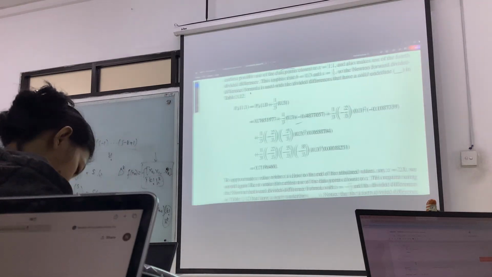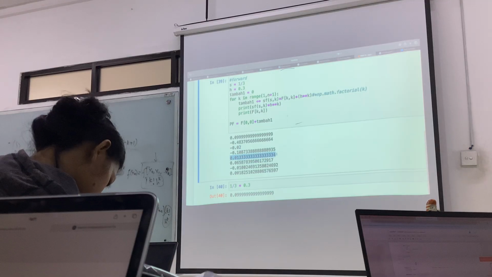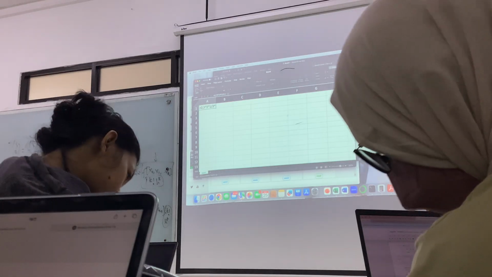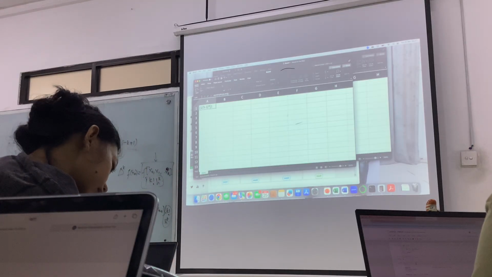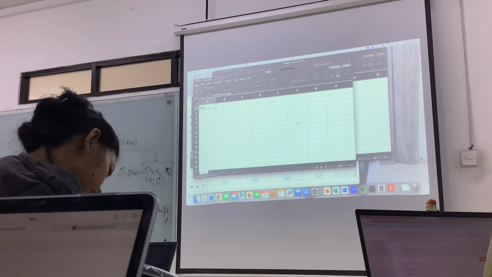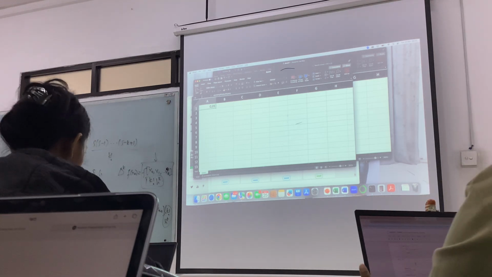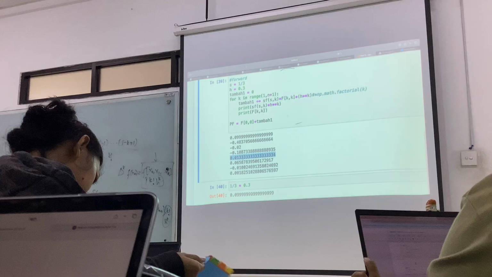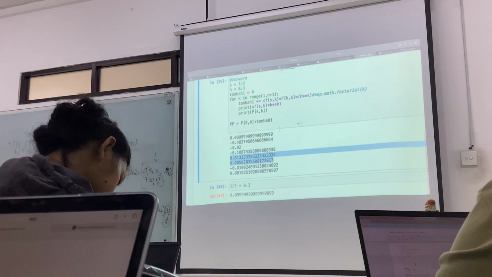It is minus 0.02, and here it is the same. 0.01. Here is 0.0134. Here we have the calculation with the same value.